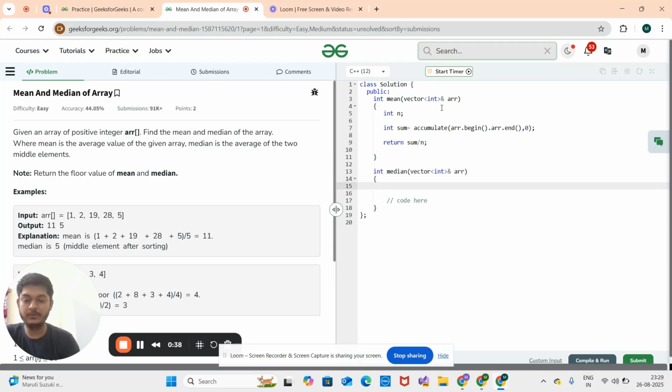The array given to us is not sorted, so first of all, we will sort the array. And we will be returning the middle number. So the middle number will be n by 2. So for example, if the